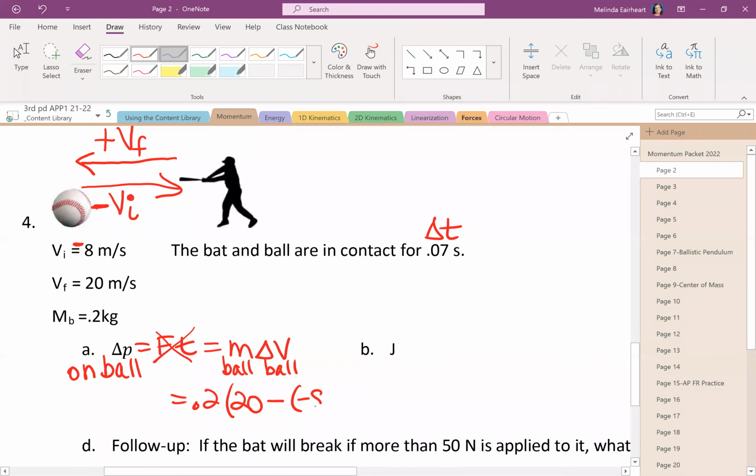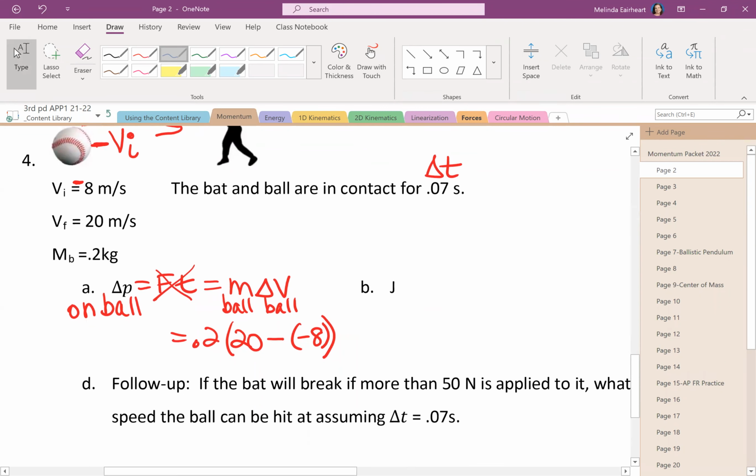-8. Be careful on that one, because if you didn't consider direction, you would just have 20 minus 8 with a difference of 12. But we should actually get 20 minus a -8. Or if you chose the other direction as left, you'd have -20 minus 8. Okay? And so either way, this part should be 28 and multiplied by 0.2. What do we get here? Yeah, 28 divided by 5, so